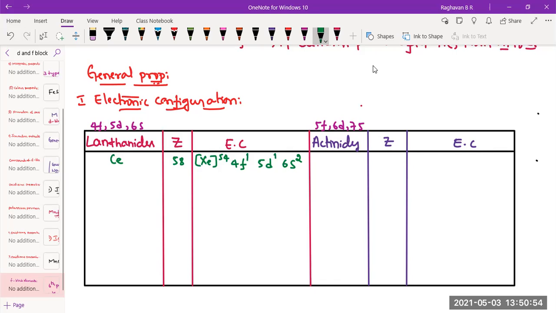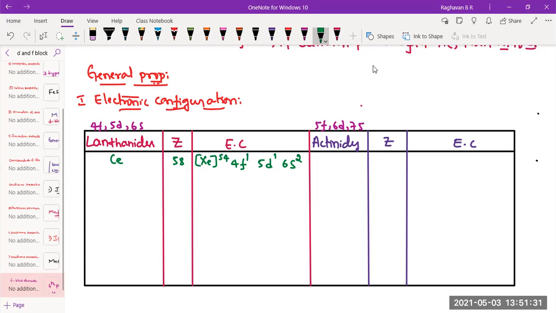See this kind of deviation from the regular electronic configuration that we used to see in copper, chromium and all. Here F block means 4f has to fill. Some elements will have electron in 5d also. If you count how many elements would be having a 5d electron, it may be around 3 elements in lanthanides, maybe around 6 elements in actinides. So 3 plus 6, 9 elements, if you remember, have an electron in D also along with F.